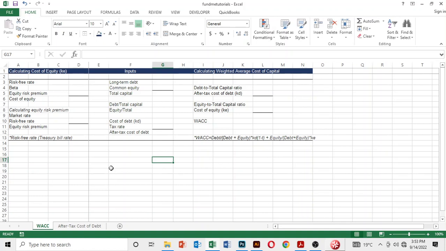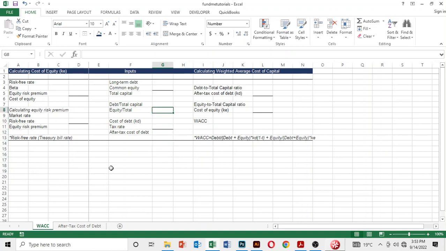So let's say a company wants to raise capital and it wants to raise both equity and debt. When a company wants to raise capital in the form of equity, it has to ascertain the cost of that equity. That is the cost of raising equity. And in most cases, the cost of raising debt is always given, like it's the interest rate. That's the cost of debt, right? So having said that,